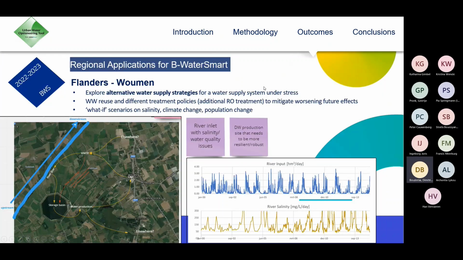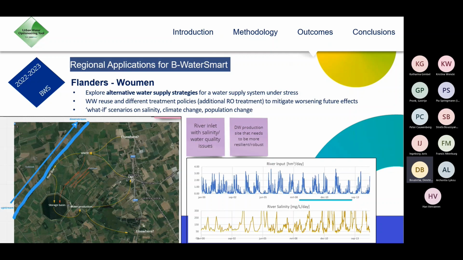So following these applications, it would be nice to mention here what UWOT can do for the applications of B-WaterSmart. This is ongoing work, so we cannot present all the results as the models are underway, but we can mention what has been done so far and how we are progressing. Now, UWOT is projected to be used for 3 small regional applications in B-WaterSmart, 2 of them in Flanders, Belgium,